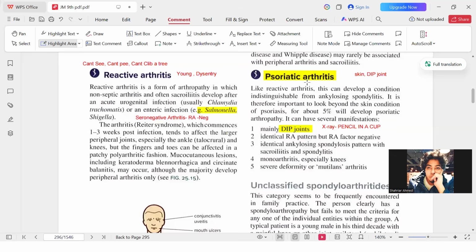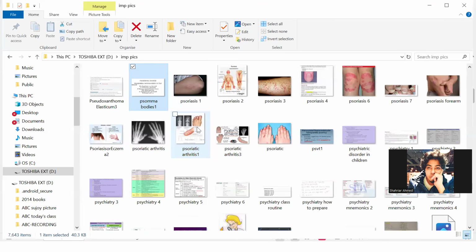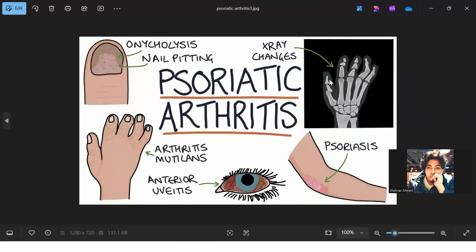Initially you do the clinical examination, then you do the CBC, and then you go for an X-ray. Now, what do you want to see in the X-ray? I want to see the hand joints. What will you find in the hand joint? I'm expecting a special thing, which is known as, let me try to show you. Let me see if I can show you or not.